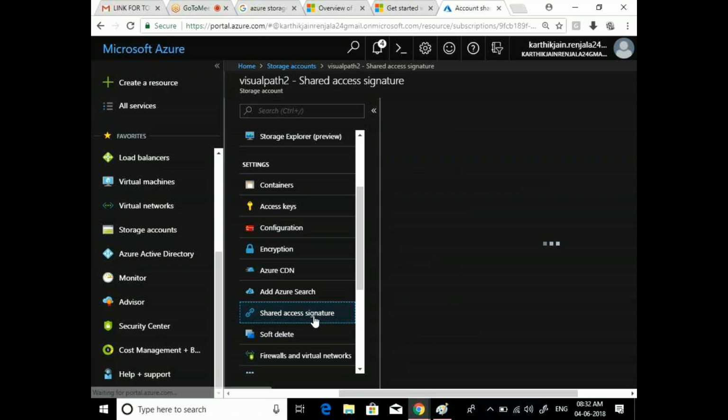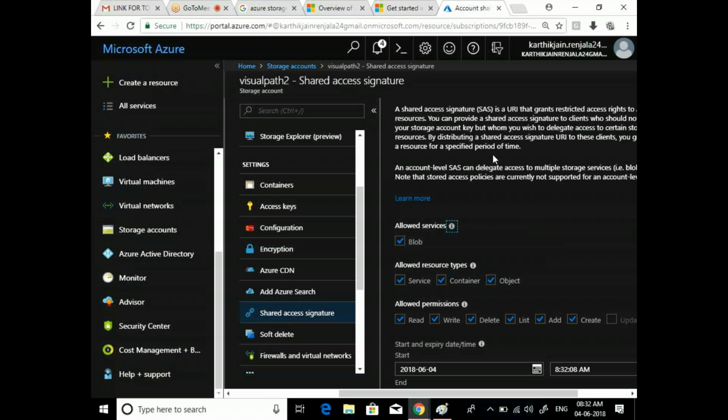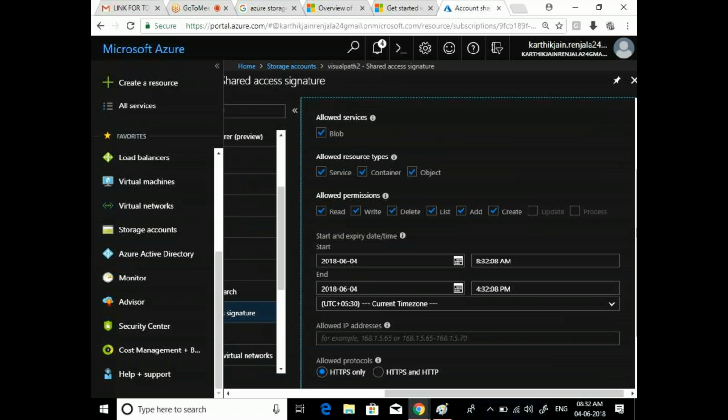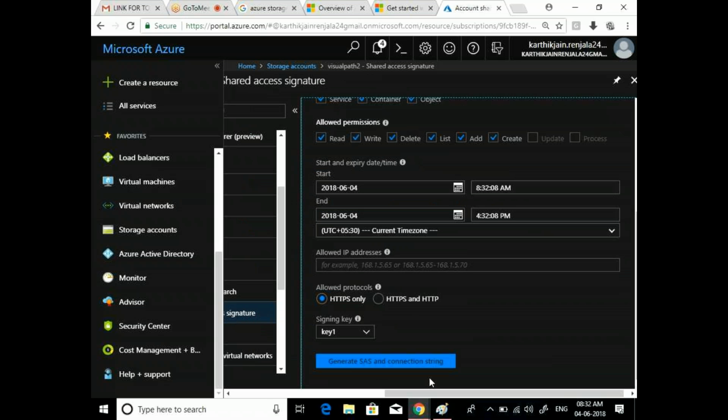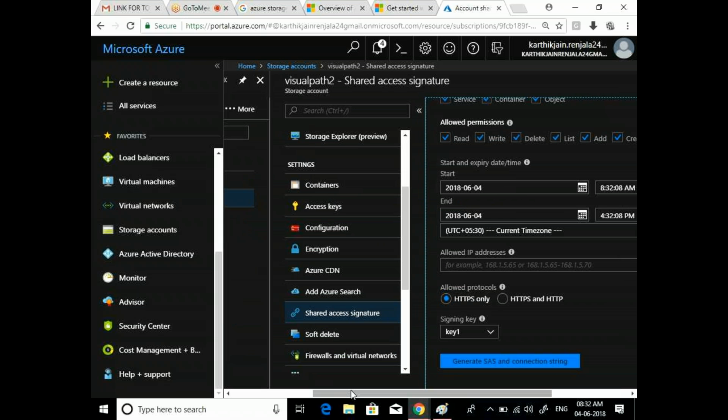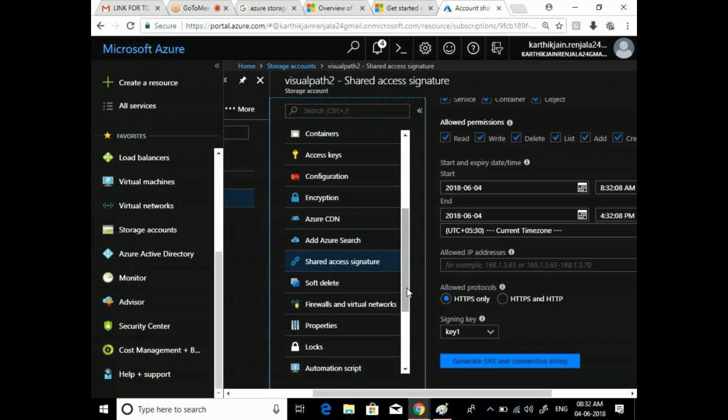Okay, so you know how to create these SAS tokens just by selecting the date and time and selecting some permissions here. You can just click on generate the SAS token. Automatically a key will be generated, which you will share with your colleague. And you are also familiar with the soft delete option. Let's say you want to delete, and you want your data to be stored in the data center for a few more days, you can go with the soft delete option. And you have already seen locks.